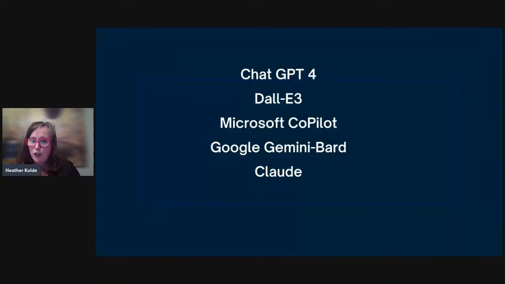So we have many choices. I sort of feel like the flight attendant who says you have many choices when you fly. So we have many choices when we use AI, and we could talk about just these for hours, but for the benefit of those who are new to this idea, these are not search engines. They're large language models, and they utilize huge stores of data, including the internet, some more current than others, to look for patterns in data.